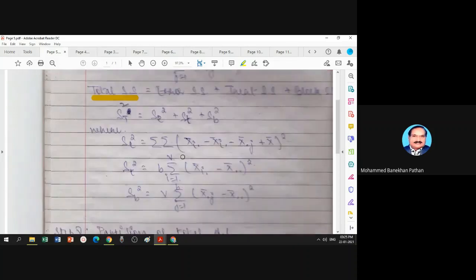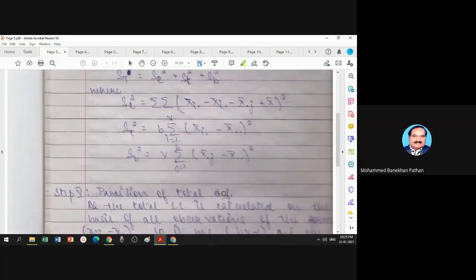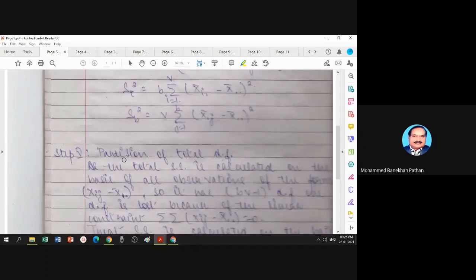Now we have a formula for each of them. Step number 5, you have to write the partition of total degree of freedom. What I am telling is exactly parallel to what we did in CRD. CRD and RBD analysis is similar. I add only one more component, that is nothing but variation due to the material named as a block. So you add only one more variation factor, that is blocks.